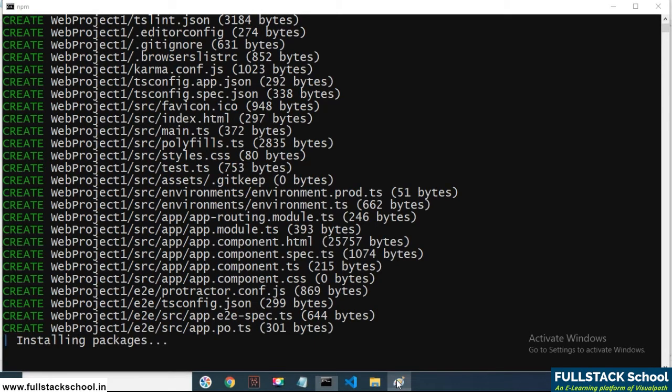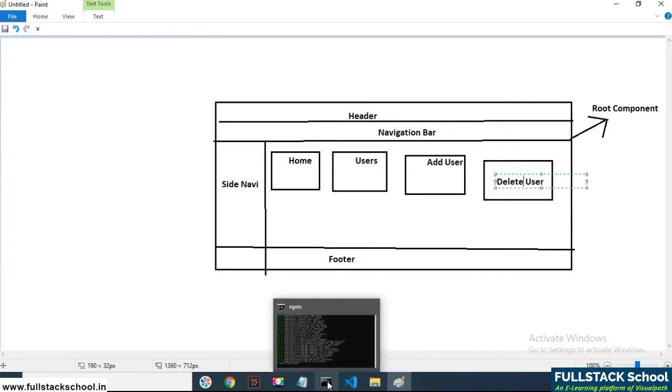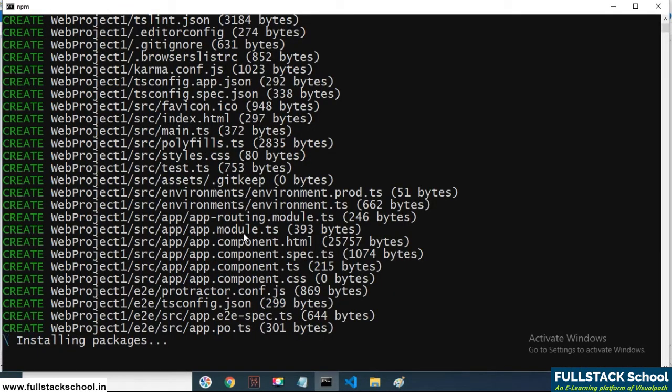Once when you observe a root component, in this root component it created default 4 files: app.component.html, app.component.spec.ts, app.component.ts, app.component.css file. These are the 4 files which will be created by default whenever we are creating any component.